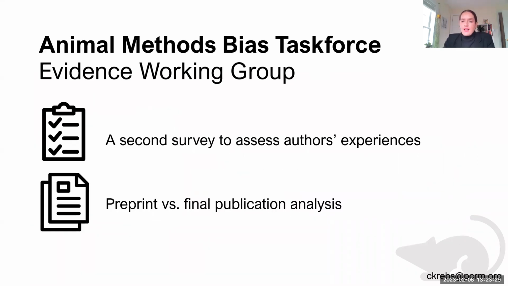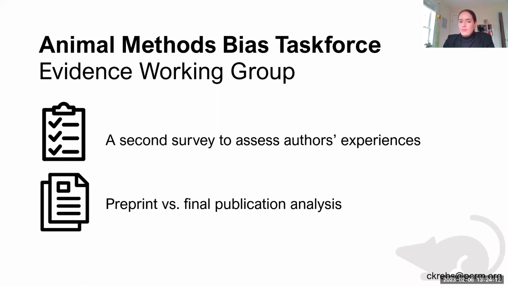Within the task force, the evidence building working group is gathering additional data on animal methods bias in scientific publishing through a follow-up survey to the one that I described at the beginning of this talk. We've been working with a US-based data-focused animal advocacy organization called Faunalytics to redesign the survey questions and determine a study participant recruitment plan in a rigorous manner. And our hope is to get enough respondents that we can make an estimate of the prevalence of authors' experiences with animal methods bias, and then to use this evidence to bolster our recommendations for journals, funding agencies, and other